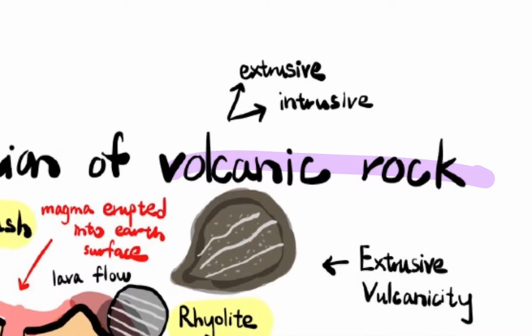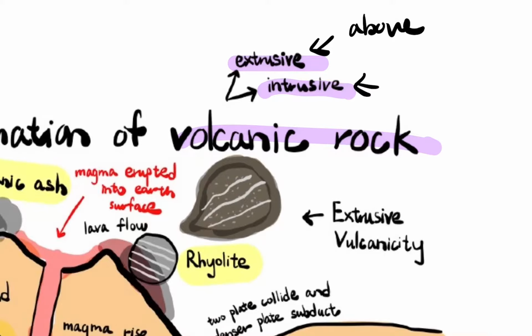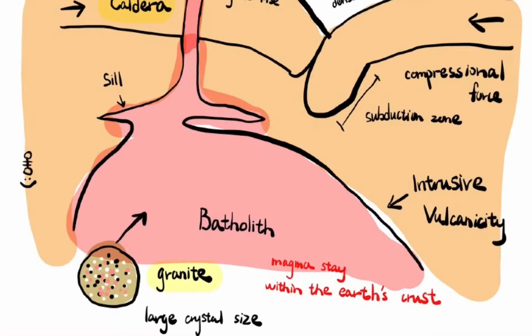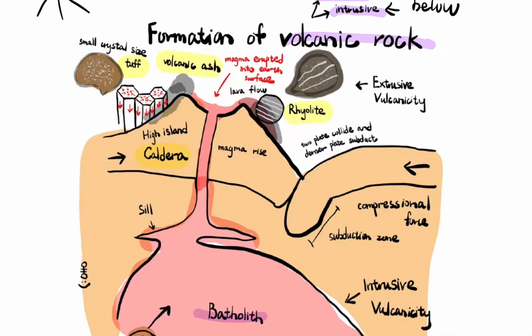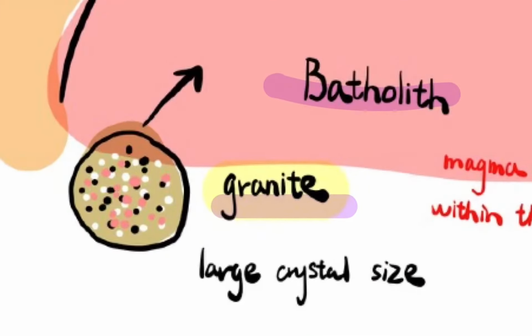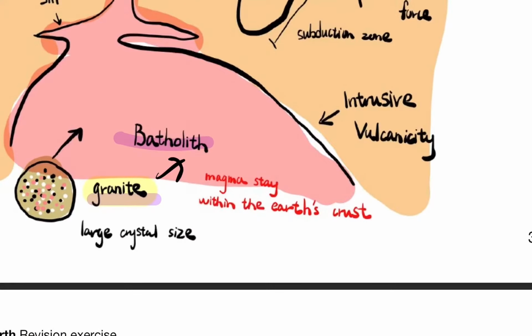For the volcanic rock, we have two types, the extrusive and intrusive. The extrusive is above the Earth's surface. The intrusive is below the Earth's surface. You can see it formed in the batholith. We have mainly three types of volcanic rock in Hong Kong. Firstly is the tuff. Second is the rhyolite. Thirdly is the granite. When we see granite, it is formed by the batholith and formed under the ground in